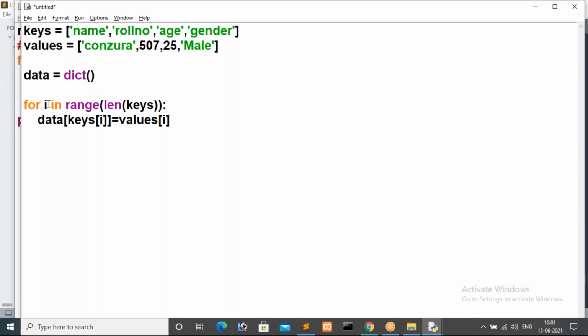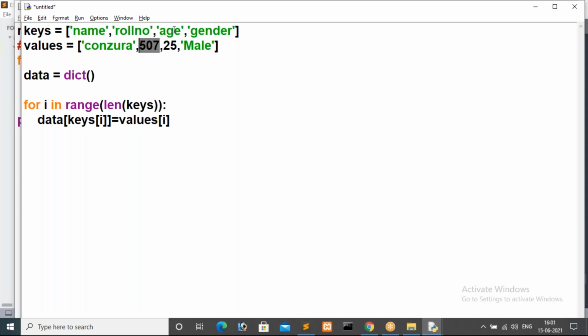In the second iteration i is 1. Keys of 1 is the roll number, so data of roll number will create the key. Then for that I give values of 1, which is 507. In the third iteration i is 2.